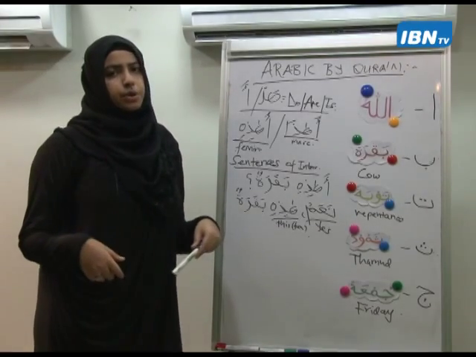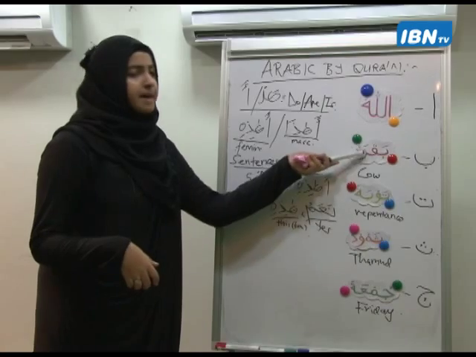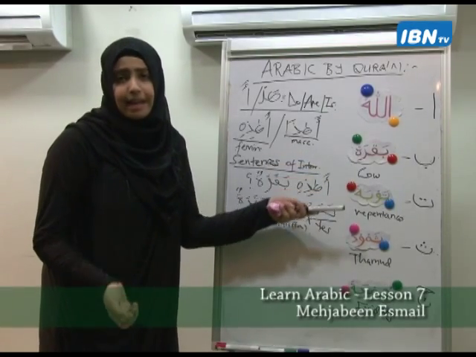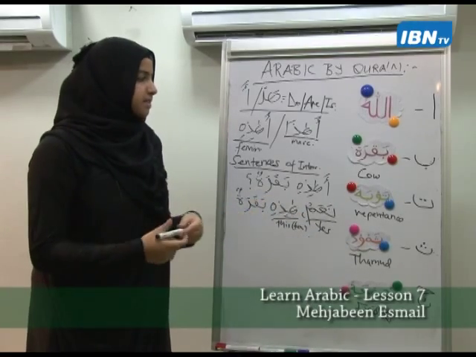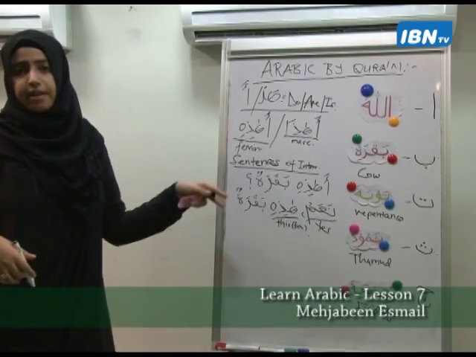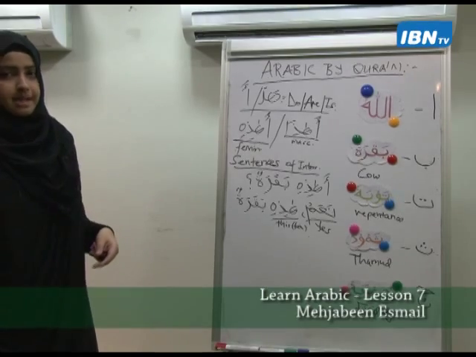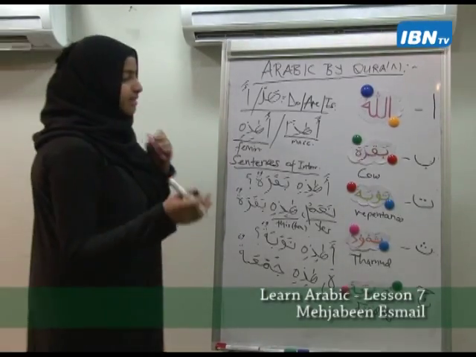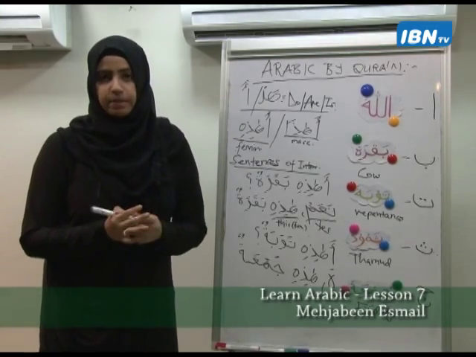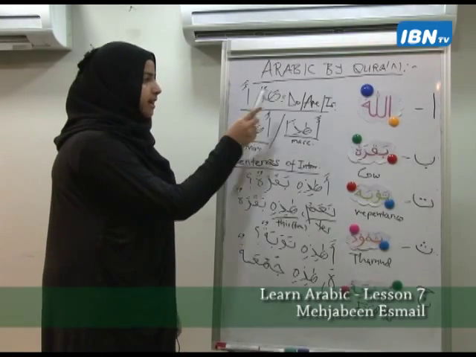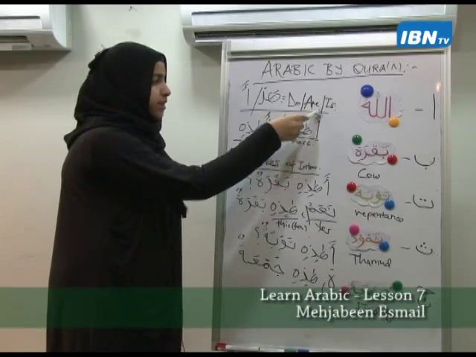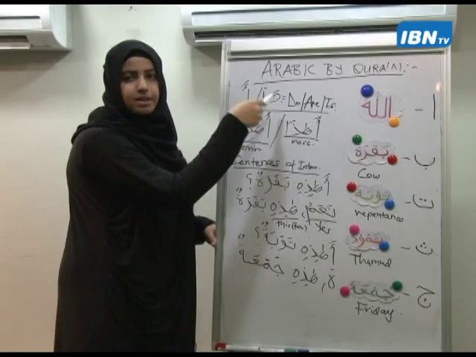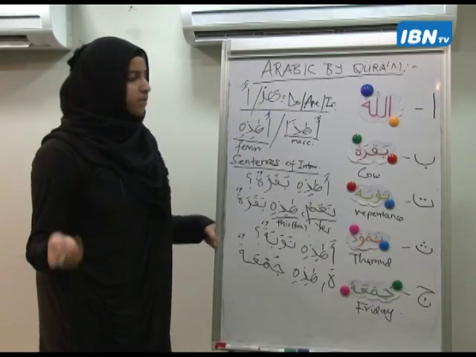Then I will ask you, ma hadihi? Okay? What is this? So you will say, hadihi baqaratun. This is a cow. So this is how we looked at formulating these sentences. We looked at the two types of interrogation once again, a and hal, which means do, are, or is. But for now, we will just be using is. We won't be using do and are. We'll be using them in the further classes.